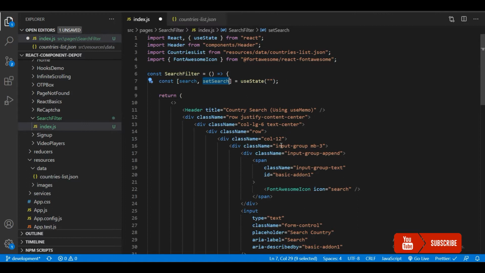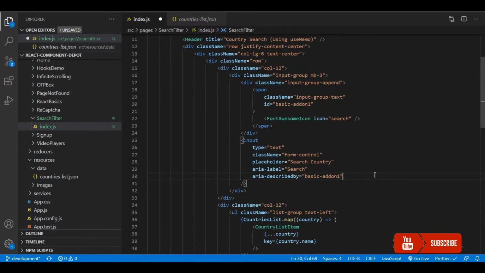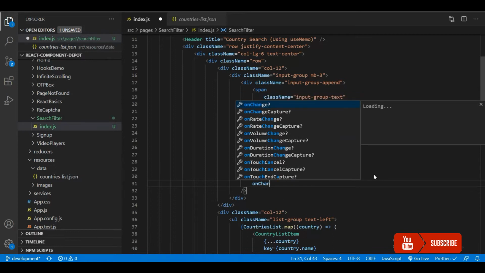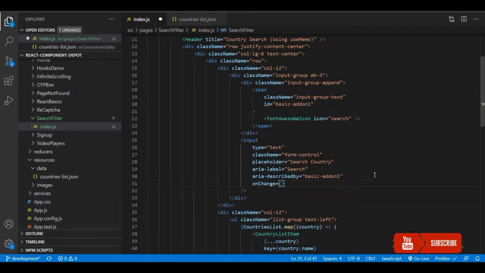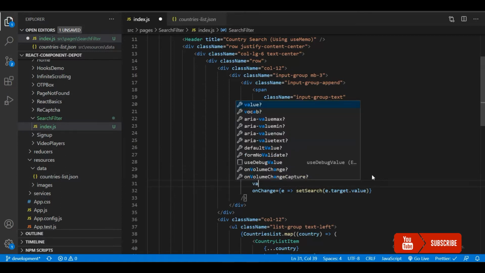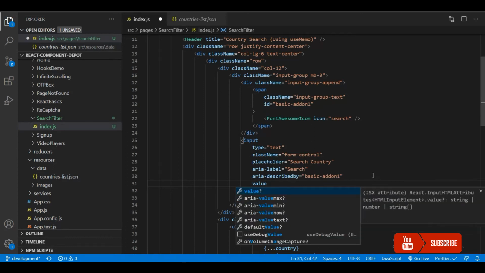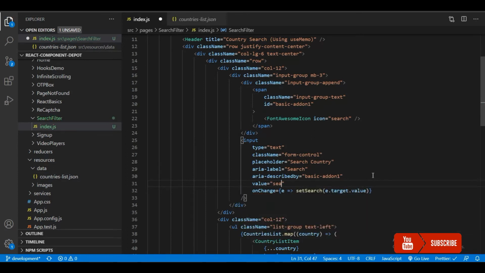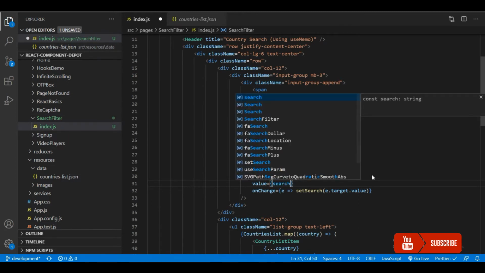Now we will use the search to actually update the value whenever the user types in. For this we utilize the onChange callback event in React. On this event we will update the state. And we will also make this a controlled component by passing the search as a value for this. This is useful if you want to modify or control the string that the user is typing.